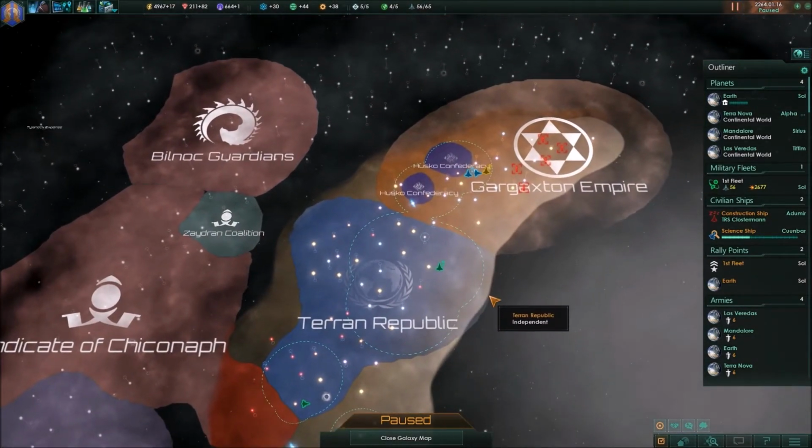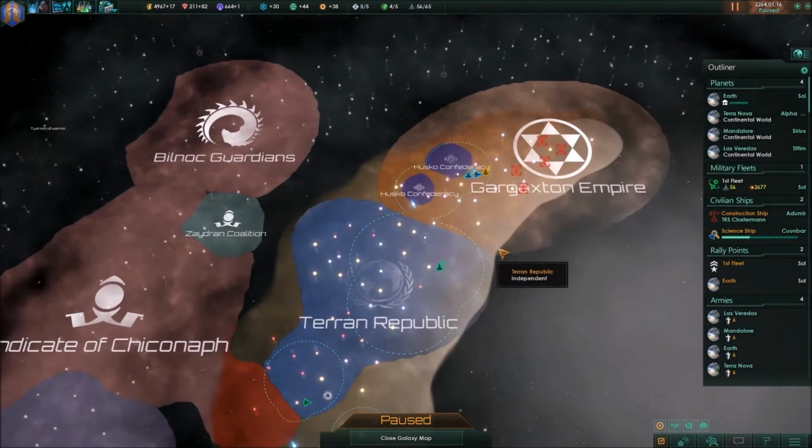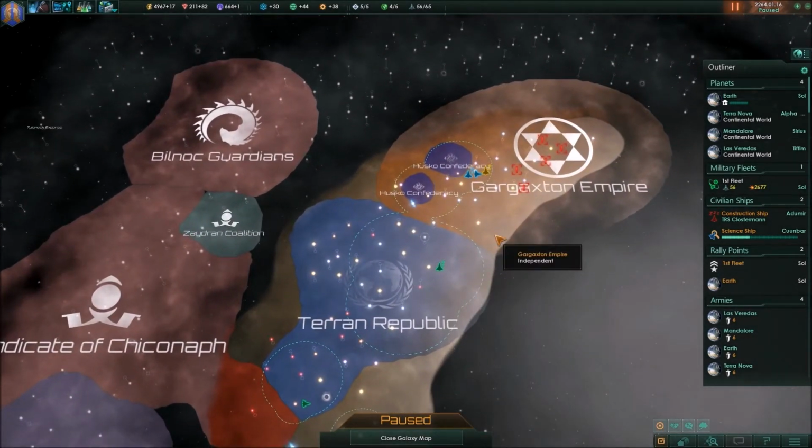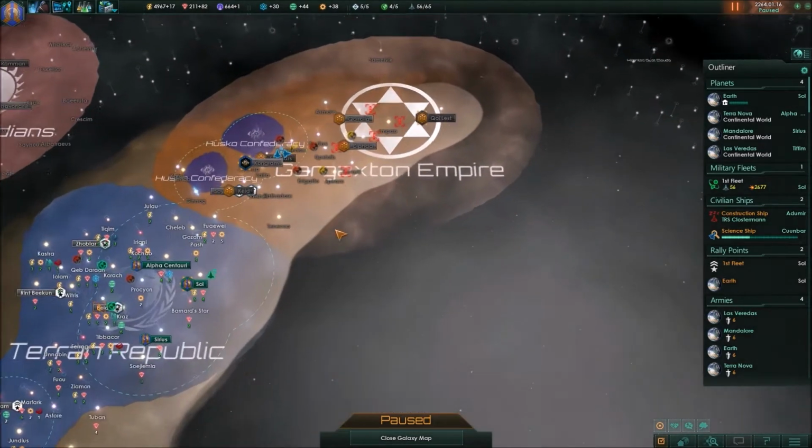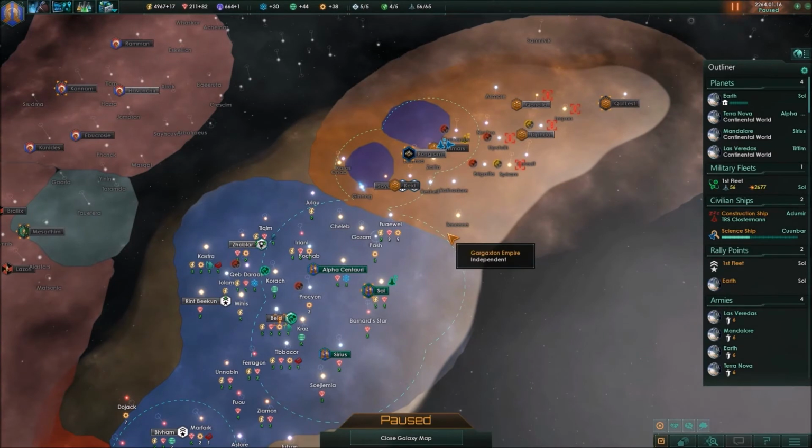And where we last left off, we made our first roll of the dice for the Terran Republic on expansion into the galaxy, and it did not go well. The Graxton Empire, known certainly in this sector of space now for the glorious strategy of Corvette spamming, had defeated us quite handedly. So, let's unpause this,